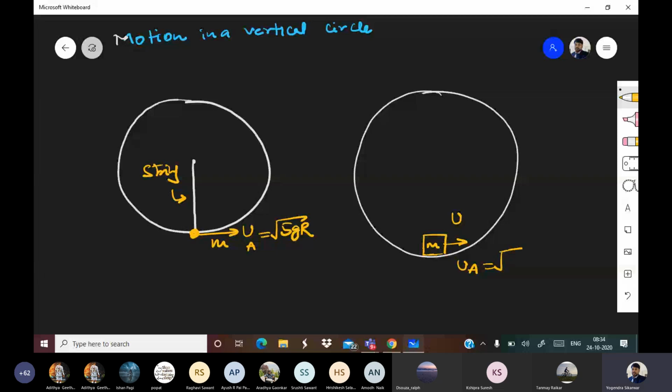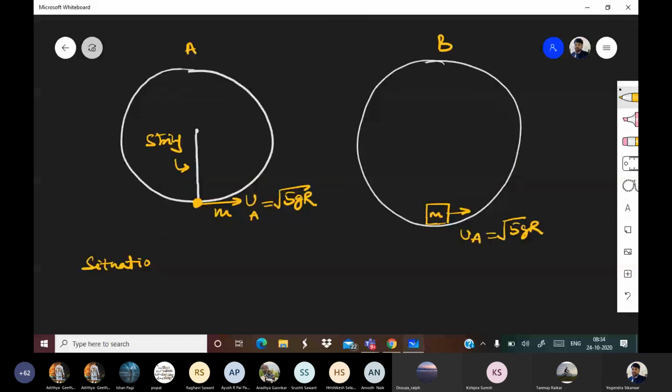So situation A and situation B are identical. Why identical? Because in both the cases, velocity at the lowest point needed is root 5 gr. Situation A and situation B